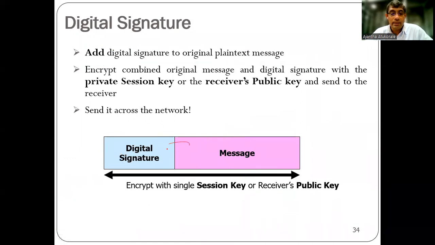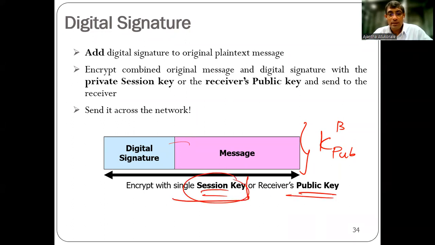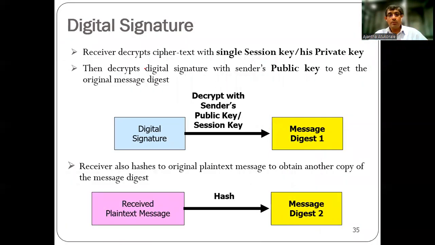This is where we are adding both. Now the whole thing will be encrypted using K pub of B, the receiver's public key. But if you have a session key, you can use a session key. This is also possible, if there is a session key between the sender and the receiver, either the session key or the receiver's public key. Now the receiver can use his private key or the session key,